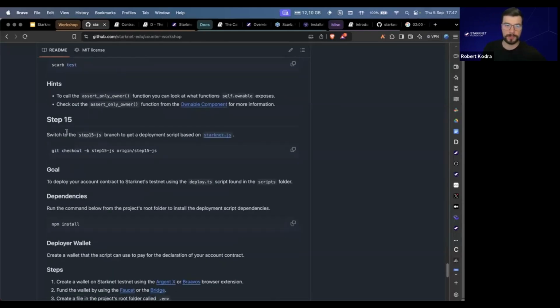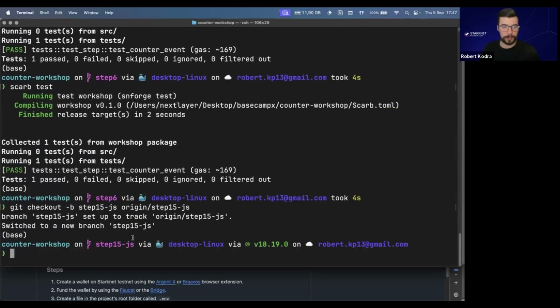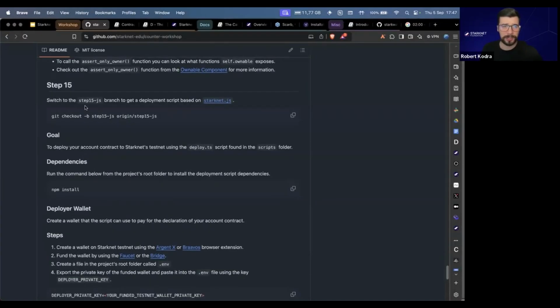Now we're just switching to step 15 to deploy this smart contract. If you manage to finish the first 6 steps, congratulations. Now we'll actually deploy this. So let's move to step 15. I'm just gonna switch my branches to step 15. And then you can read this